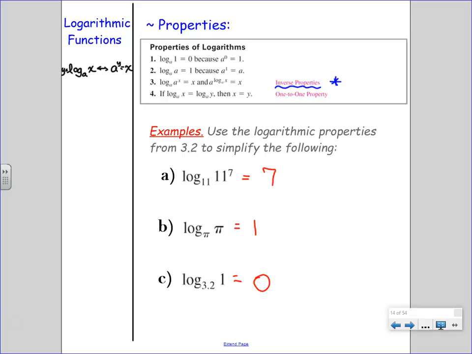So if your mind doesn't think in logarithms, if you can think in exponentials, you can do things like 11 to the what is 11 to the 7. And maybe that helps you say, oh, hey, yeah, the answer is 7. Or the unknown is 7. I put X to stand for the unknown. Or over here, it could be changing. Pi to the X is equal to pi to the who? The 1. Oh, yeah, the answer must be 1. Or 3.2 to the I don't know who equals 1. Well, that must be 0. So there are different ways of writing to go back.